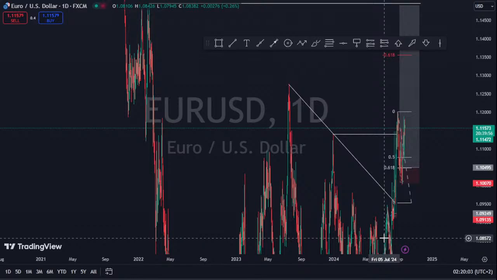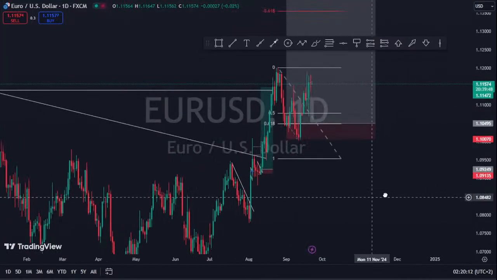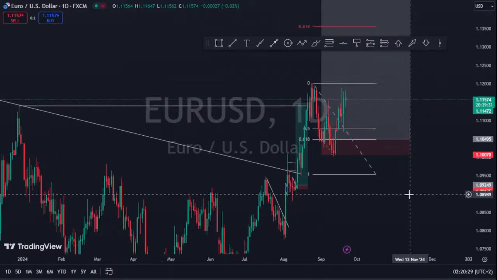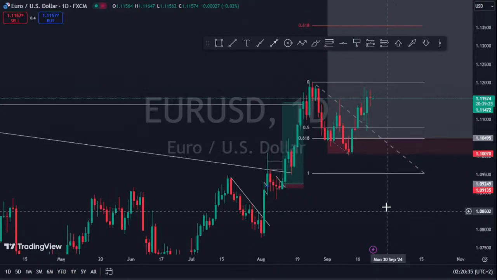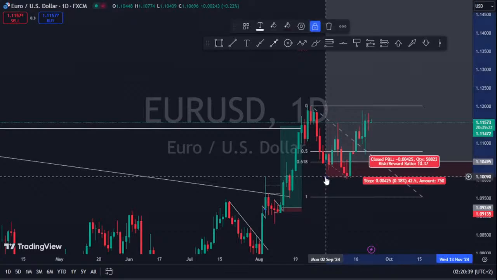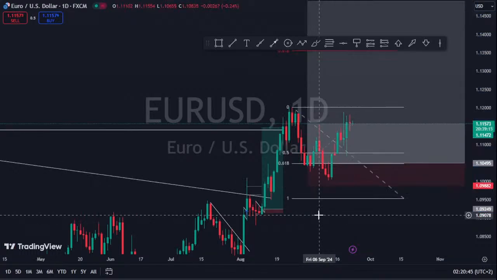So keep in mind that on this instrument as well, but long before that I was actually looking at price continuation. I was looking at price pushing above, meaning that if I had to just extend this part, let me just extend this and just leave it somewhere around there. So currently on Euro USD,